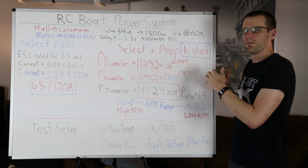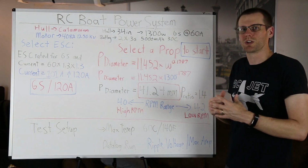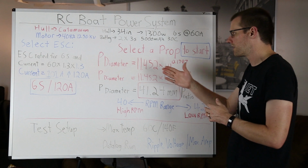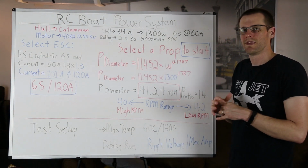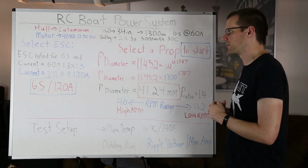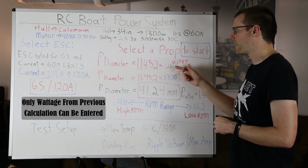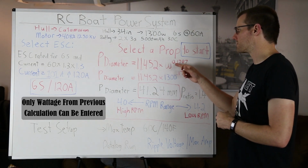The way we go about this propeller selection is we use another fancy formula. It's not too hard. We can find a calculator right on our phones. We can have the exponent function, and that's all we're going to need for this specific one. We only have a few values to put in there. We can get the propeller diameter out of it. That diameter is going to be in terms of millimeters. So here we're flip-flopping between the imperial and metric system, I understand. Our formula is going to be the prop diameter is equal to 11.452 multiplied by the wattage that we initially started with, raised to the exponent of